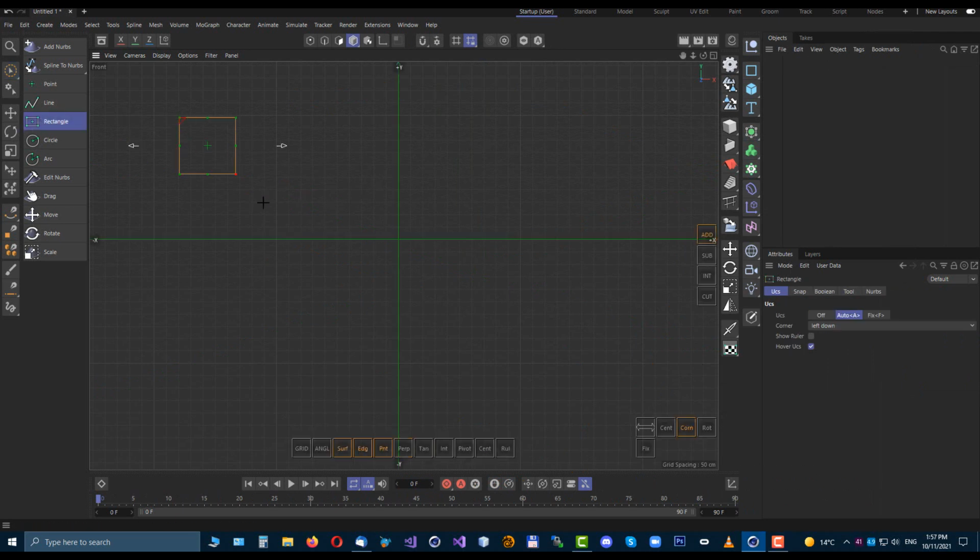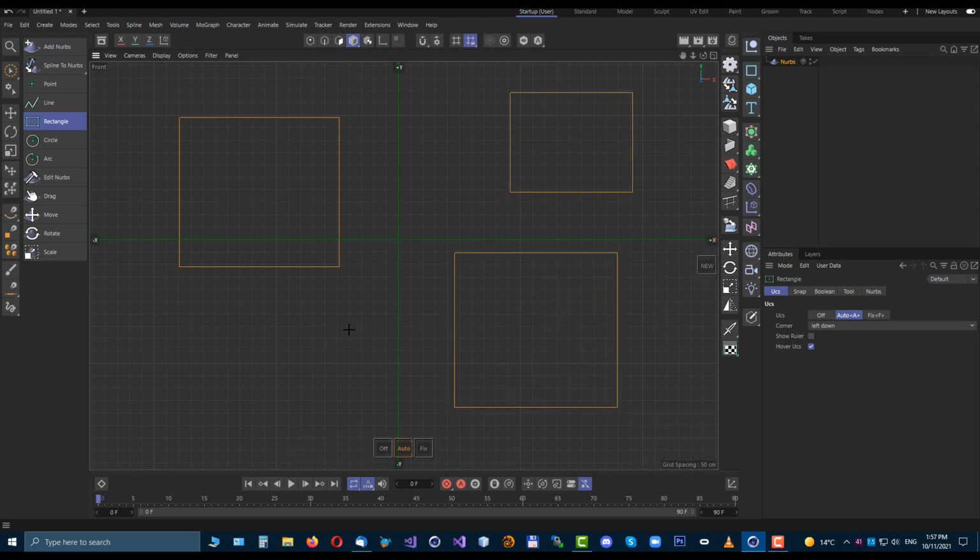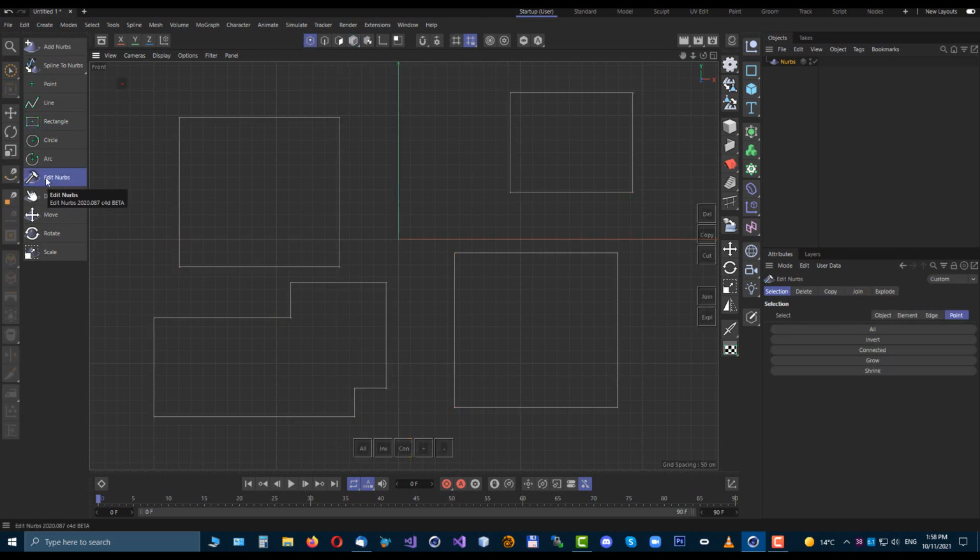An additional very useful system is the selection system, which is implemented in Nurbs objects. Cinema doesn't have a very good selection system on splines. This hole is filled with the Nurbs object selection system, which can be accessed in the Edit Nurbs tool, so you can switch between object, element, edge and point selection, and this selection is stored into Nurbs objects. So you can select points,